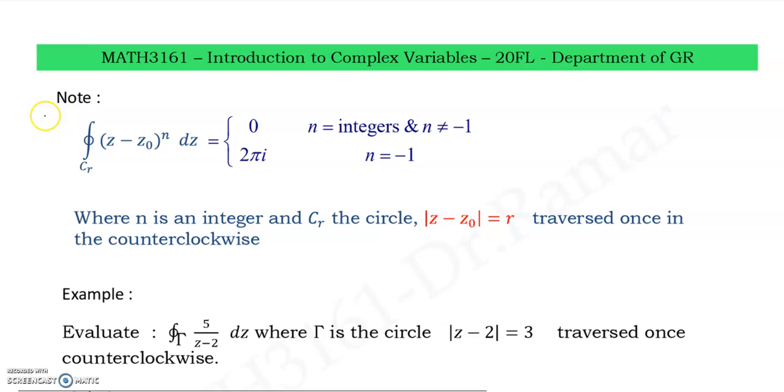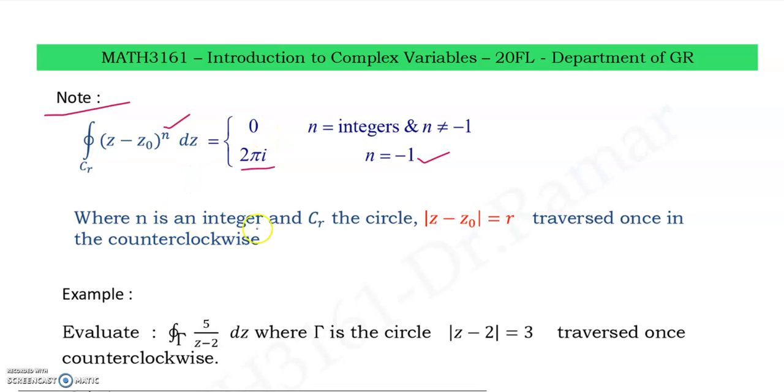Now we have another note. You see here, the integral over a closed smooth curve of (z minus z naught) to the power n dz will take the value 2 pi i if n is equal to minus 1. If this n is minus 1, then the integration value is 2 pi i, otherwise the integration of this is 0,